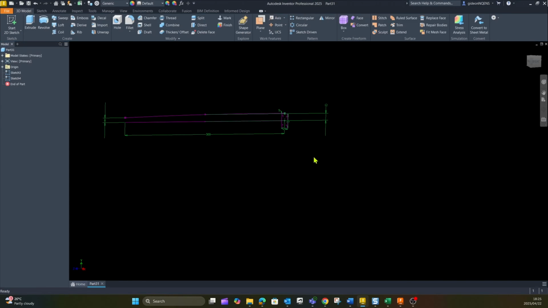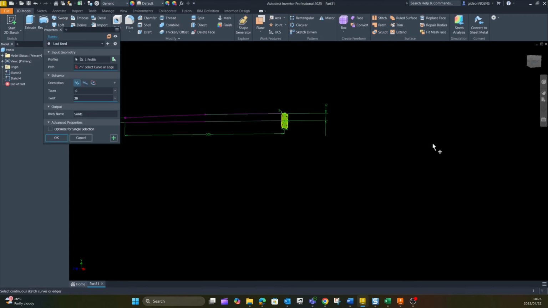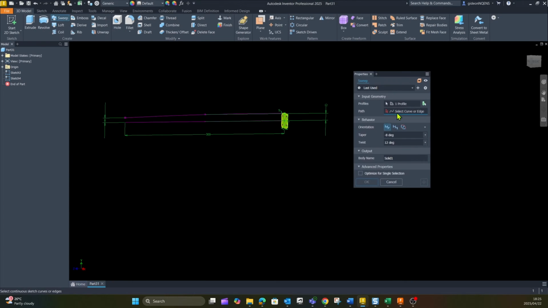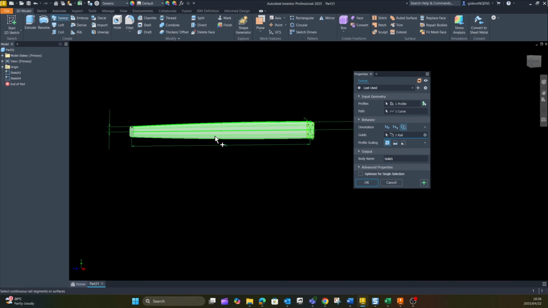From here I'm going to say finish, going to use the sweep, and it would already select the profile. Going to change this to 0 degrees and that to 0. And what we are going to have a look at is the guide. Now this is where you can actually utilize the sweep command in quite advanced geometry. So you've got your profile, you can select your path, so that would be the straight center line, and then you can select your guide rail, and it would follow that guide rail